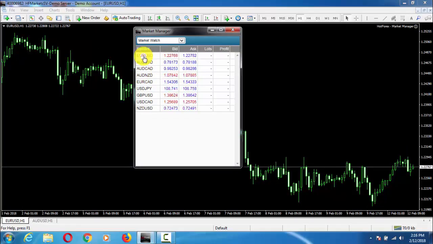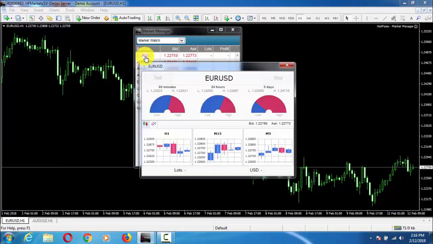So if I click on EURUSD, a pop-up window will open showing the high and low prices of EURUSD for 60 minutes, 24 hours and 5 days. Similarly, it shows H1, M15 and M5 charts also.